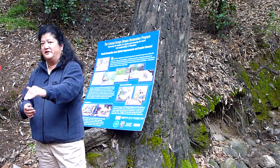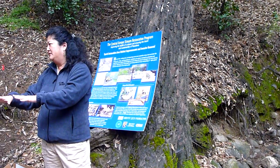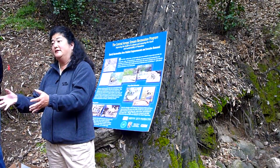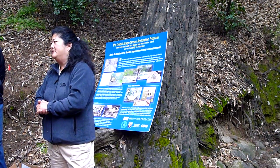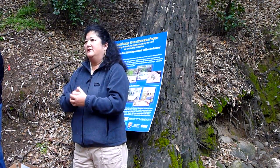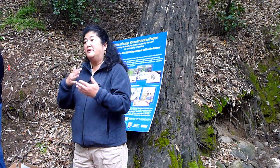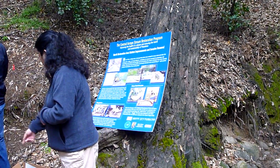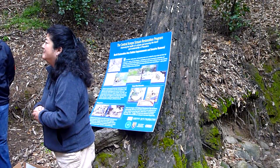And then downstream, there's the confluence. There's ideas to even naturalize there, to remove concrete, and just kind of open up that whole confluence with the LA River. Could go on and on. There's many projects, hundreds of projects. So, if you want a brochure,